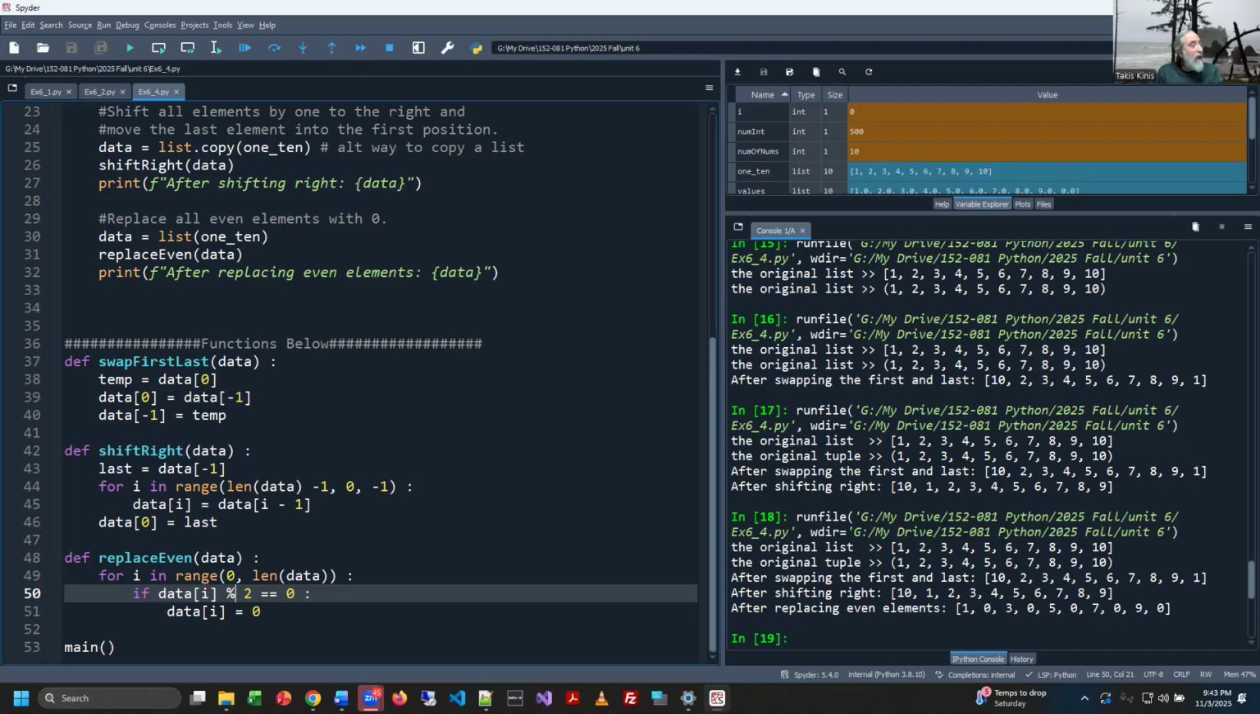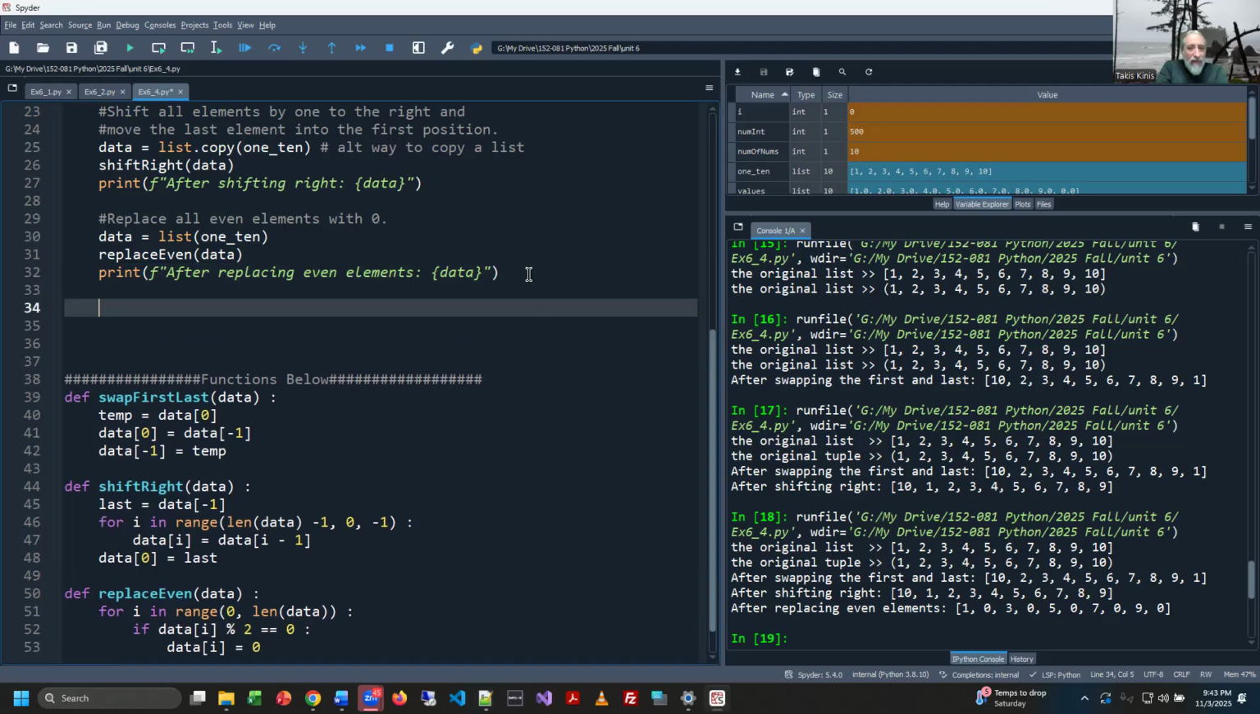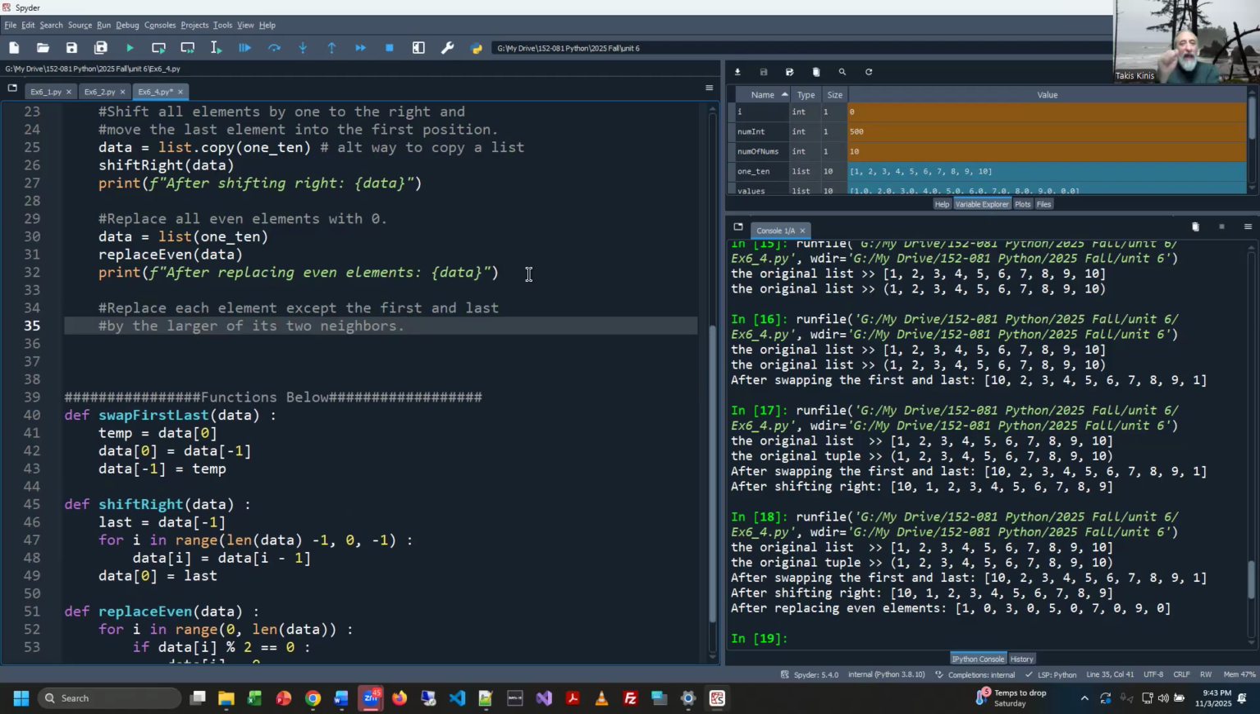All right, let's keep moving along. We got 3 more functions to write and 7 minutes of time. It's not a lot of time, but we'll get there. So, all right, next directive is replace each element except the first and the last by the larger of its